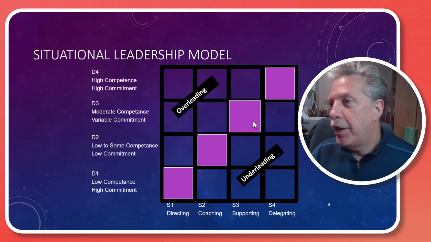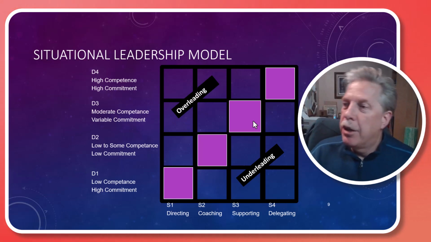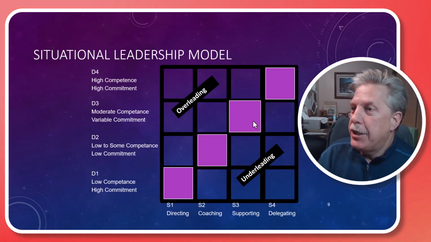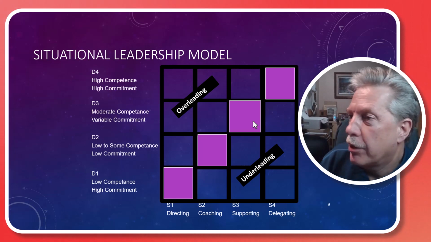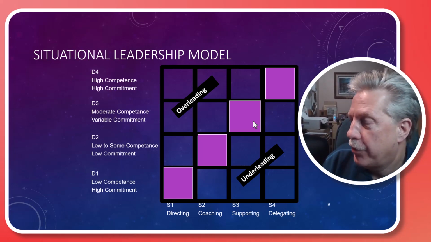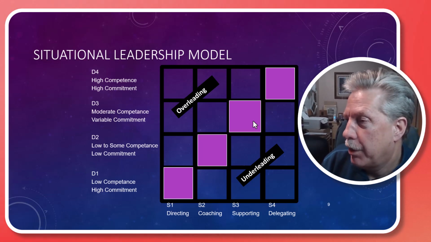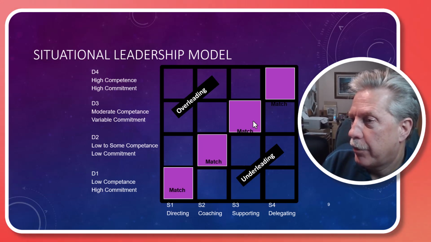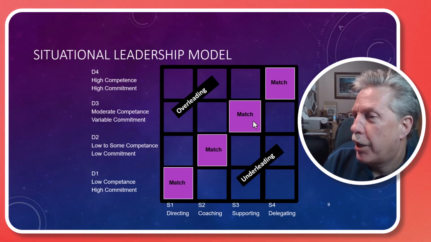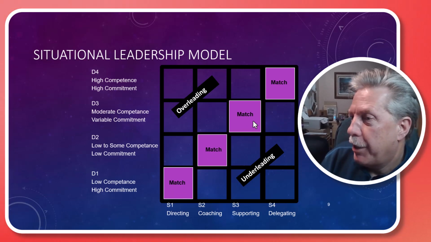Then we identified that if you're not meeting the needs of the person, you tend to overlead them. And if you're not meeting the match, which is the purple in the middle, you'd be underleading them. So obviously you want to try to identify and match on